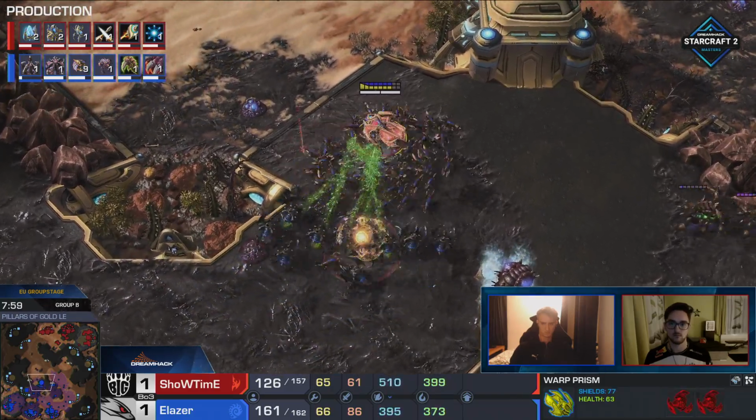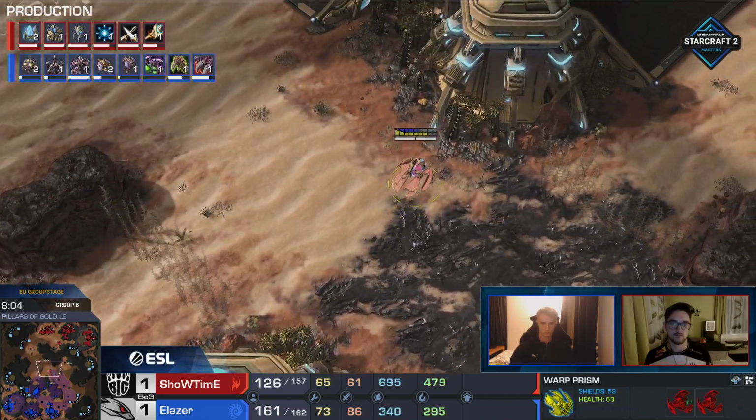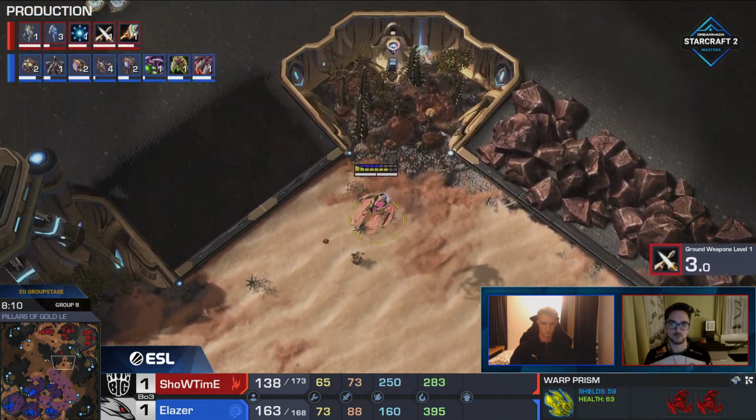Oh my God, he might be able to get a big hit off on one of these roaches or lings. Doesn't quite get it. Both the Disruptors are in the red now. A very, very ballsy maneuver, but it doesn't quite pay off. Literally ballsy. Yeah,